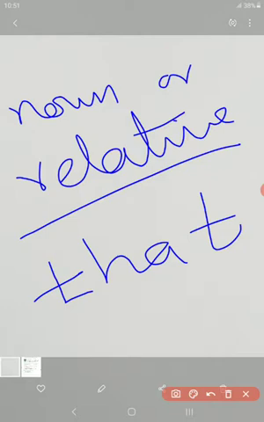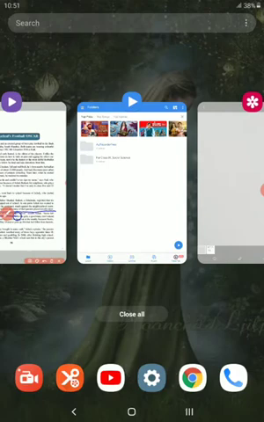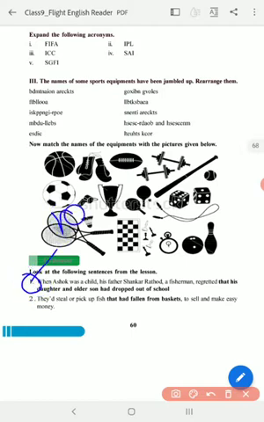Now if you see anything that is followed by that, it means it's a clause. But it is a similarity. We use that for these two clauses, noun clause and relative clause. Okay, but there is a difference. If you see what is the dissimilarity, the first sentence is a noun clause. Why do we say noun clause? Because a noun clause answers the question what.